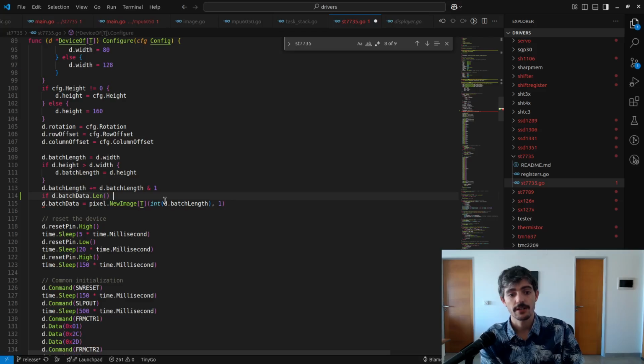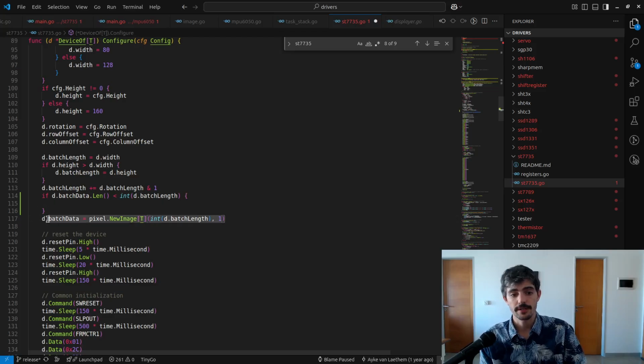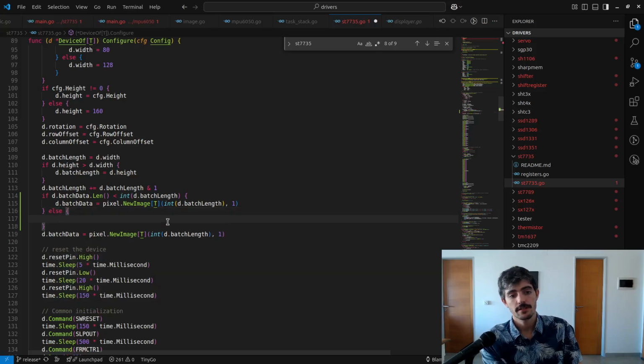You can actually check if the length is less than the buffer length, then we know we gotta allocate, right? Boom. And if it isn't, we know we already created the screen, and it can fit our current screen size. So we do data and do d dot